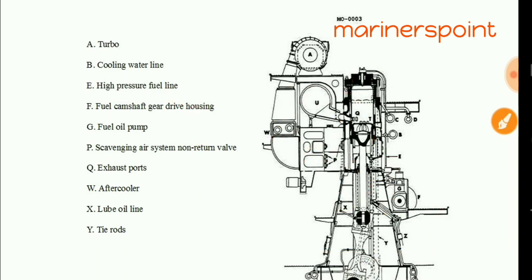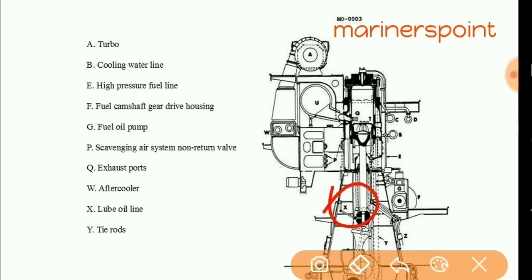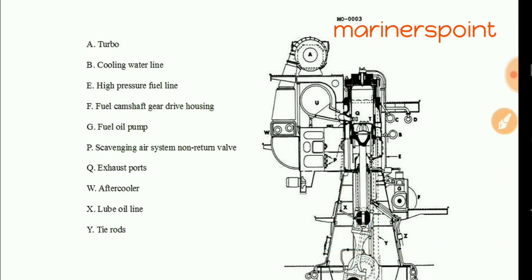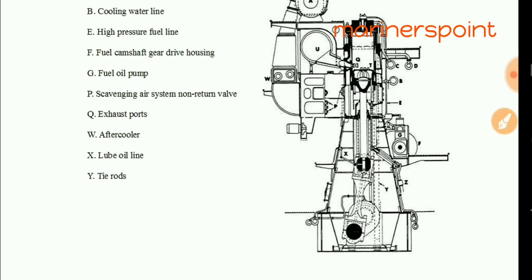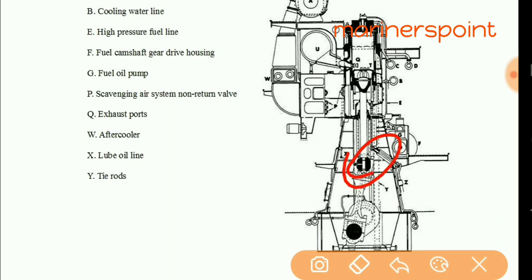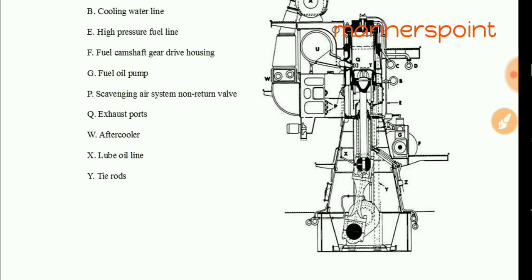Now what is X? This is the water cooled piston. This X line is only going to the crosshead, okay. When you read my post on 2-stroke marine diesel engine piston, all is clearly described. This will go to the crosshead and one line will come and lubricate the bottom end bearing. Then X is the lube oil line, okay. This whole system is clear.